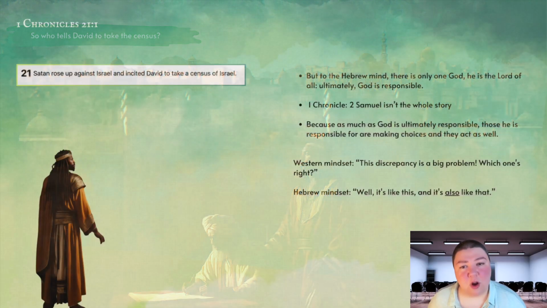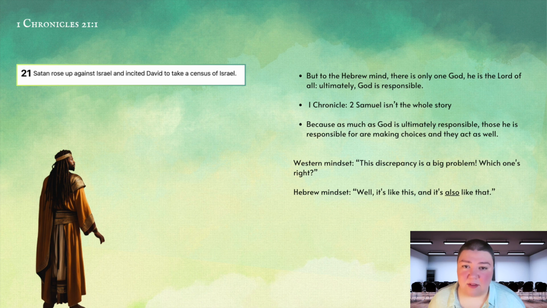Now, in 1 Chronicles 21, the same incident is referred to. It's the same event told from a different perspective. And in 1 Chronicles, it says, "Satan rose up against Israel and incited David to count the people of Israel." Now, you don't need an advanced degree in theology to notice the difference here between saying God did something and Satan did something. But to the Hebrew mind, there is only one God, He is Lord of all, thus ultimately